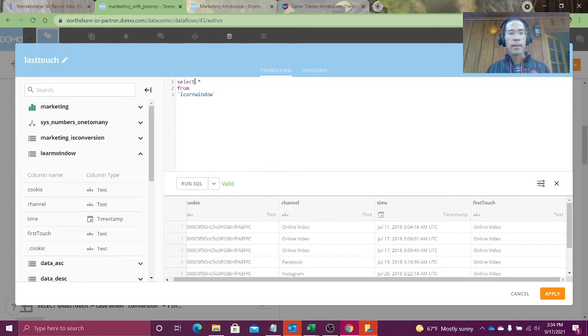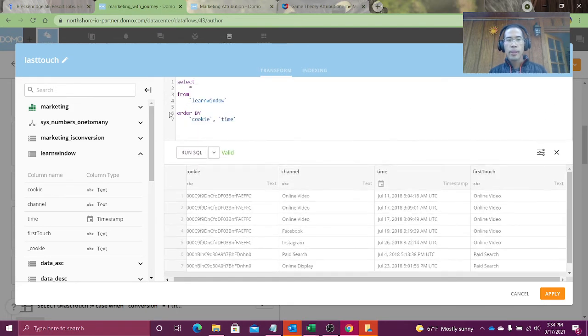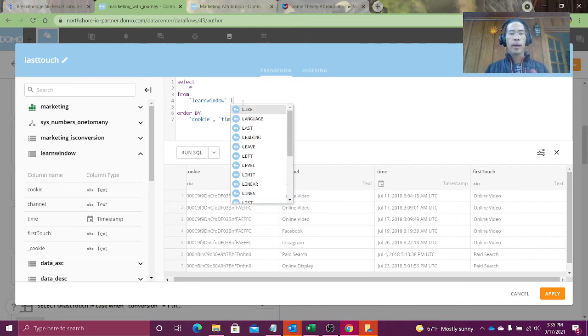How do we implement last touch? We're going to do the same thing as first touch, but we're just going to sort the table in a different order. So order by cookie and then time. Anytime you use these window functions or this variable passing here in MySQL, it's very important that you implement an explicit order by clause. So last touch. So I'm going to call this L